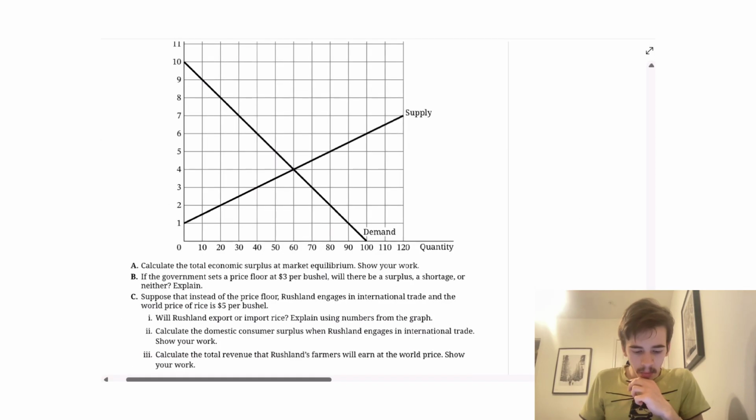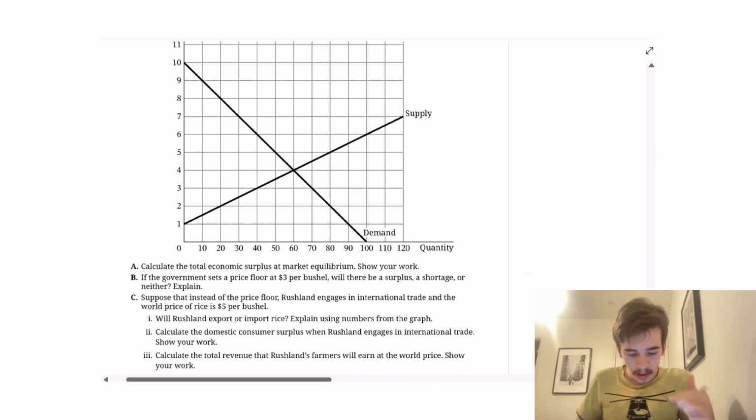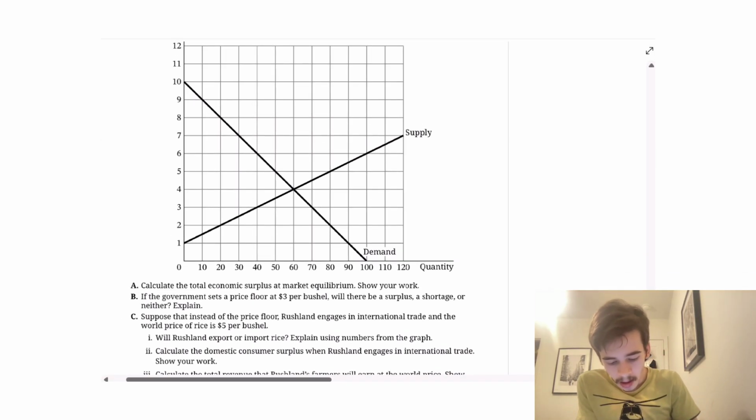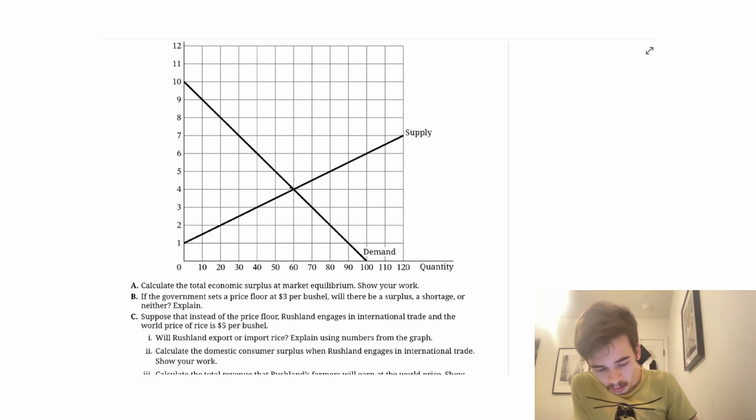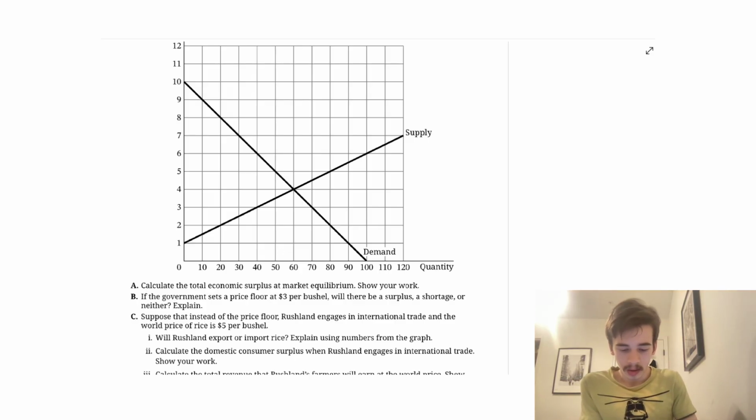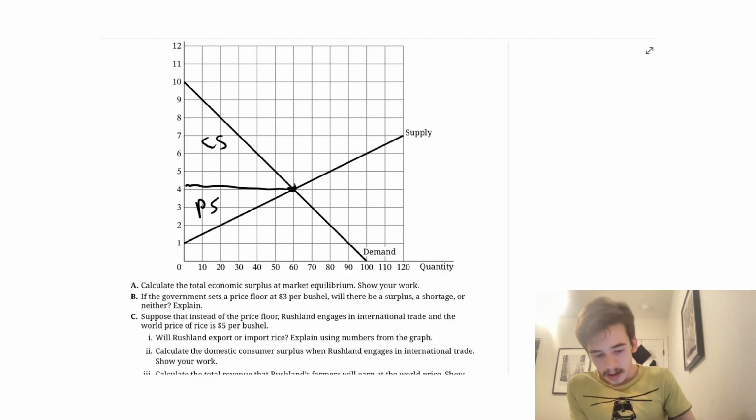FRQ2, a little bit more mathy. I'm gonna work this one out pretty quickly. Calculate the total economic surplus at market equilibrium. Show your work. I guess I could show my work, but I'll go quickly through this. It's basically the triangle area, right? Equilibrium quantity is right here. The consumer surplus would be this area, and the producer surplus is this area. And then you could just simply say CS plus